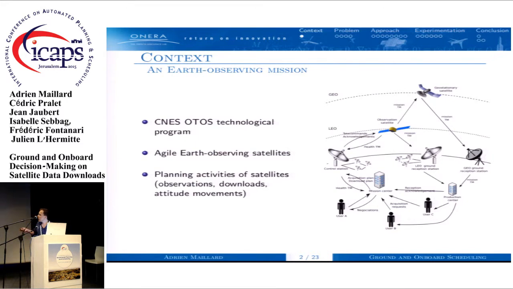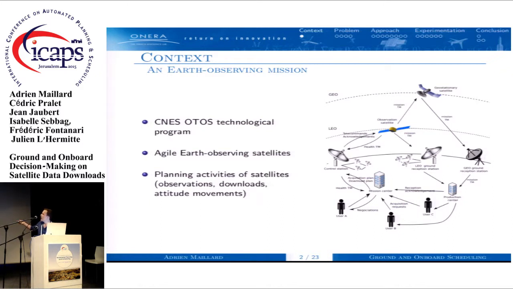So I will explain now the system, how it works. On this scheme, you can see there are some users. So it can be companies, scientists, or states. They are asking for observations, and they are sending it to the mission center. Every 8 hours, the mission center is building a plan. So an observation plan, a data download plan, and other activity plans, and sending it to the satellite through a